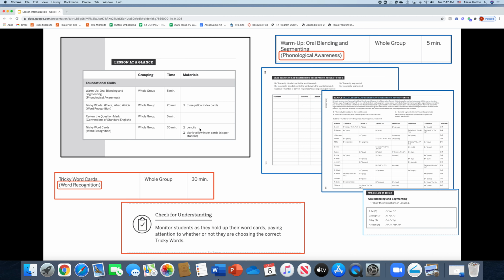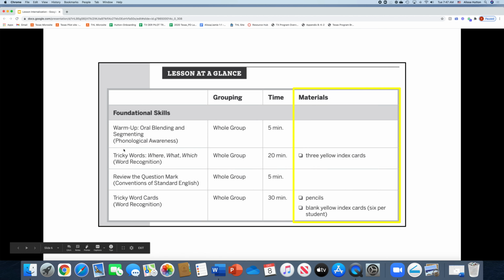And then we're going to move on to the next section where it's going to be highlighting the different materials that I'm going to be needing for this lesson. So as you can see for the warm-up, that oral blending and segmenting, there's no materials listed. I know at this point in the curriculum that my students are using their fingers as we're blending and segmenting together. But for the tricky word section, each of my students is going to need 3 yellow index cards because